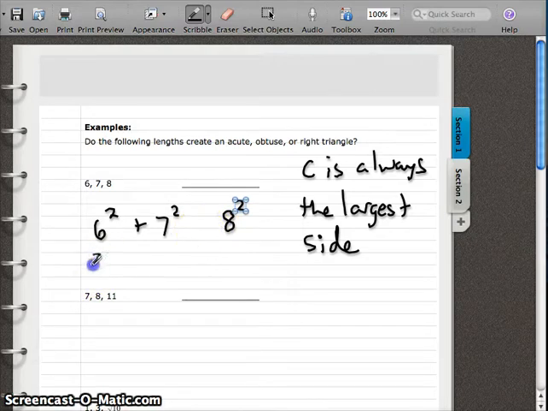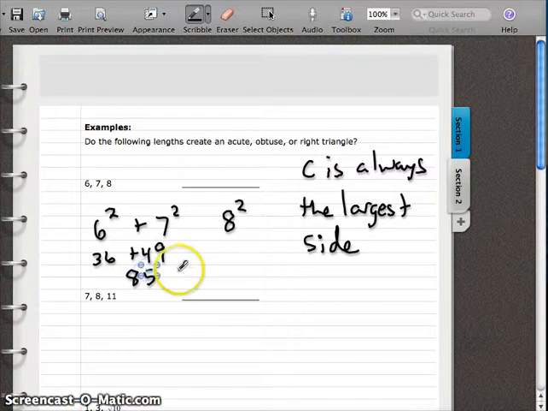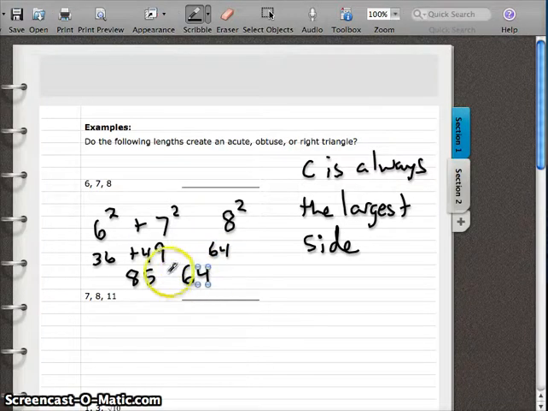So 6 squared is 36, 7 squared is 49, so if I add that together I get 85. And then 8 squared is 64, so how does 85 compare to 64? Well, 85 is much bigger. So that means that our hypotenuse squared is less than... So if the largest side, c squared, is still less than everything else, that's a small triangle, that's an acute